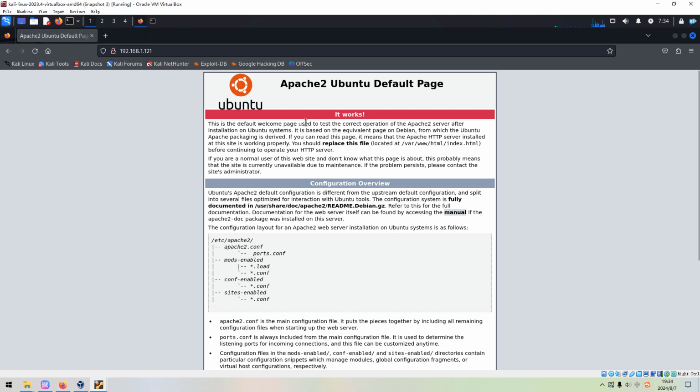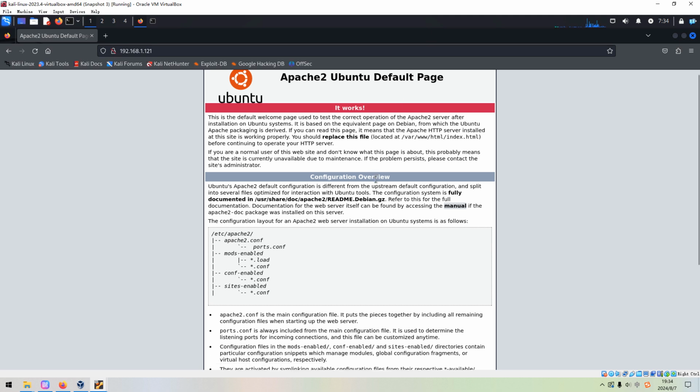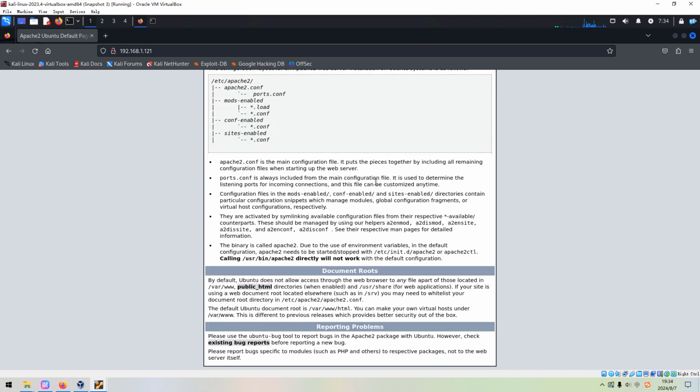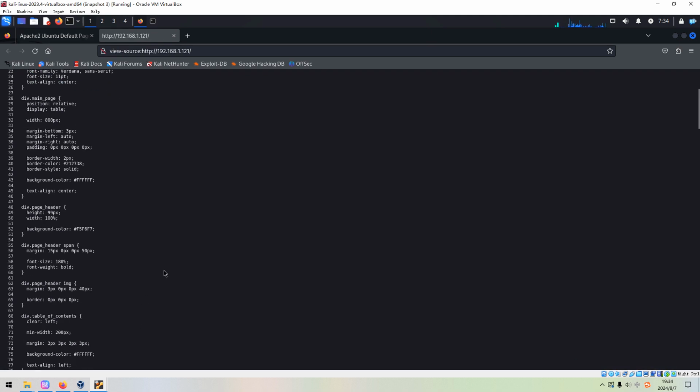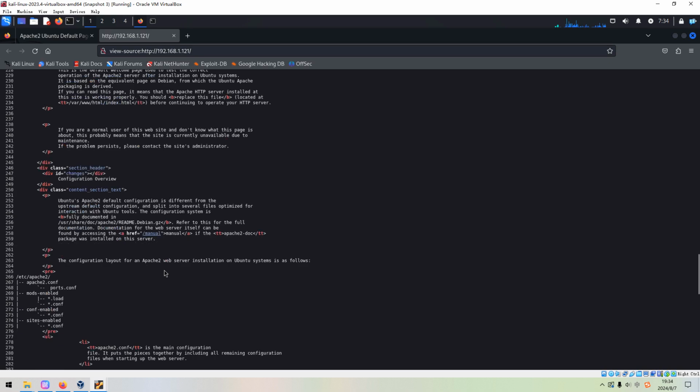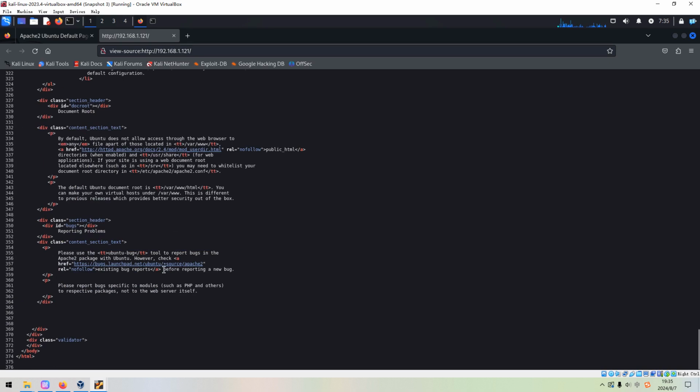And we got this Apache 2 Ubuntu default page back from the target. We can scroll down, make sure we do not miss anything important. And also we can check source code or view source code. Sometimes source code can leak some sensitive information, but in this case, nothing like that we can get.